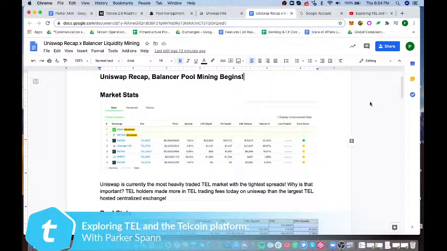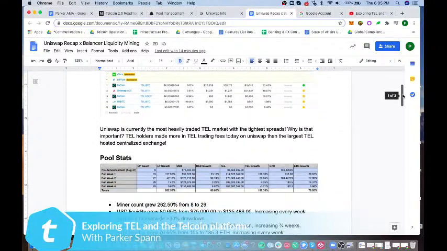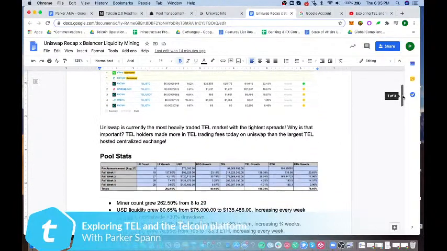What we're doing here on Uniswap is essentially having TEL holders earn the trading fees, and now they earn more trading fees than the largest exchange in the world did for Telcoin today. So that's a really exciting improvement. It's a completely novel innovation that's native and enabled by this space, and it's really exciting because it's so new. So yeah, it's a really great step, a great month.